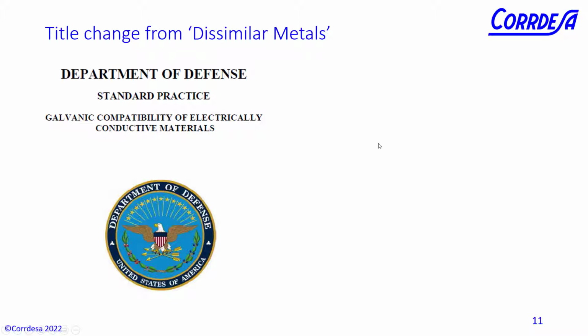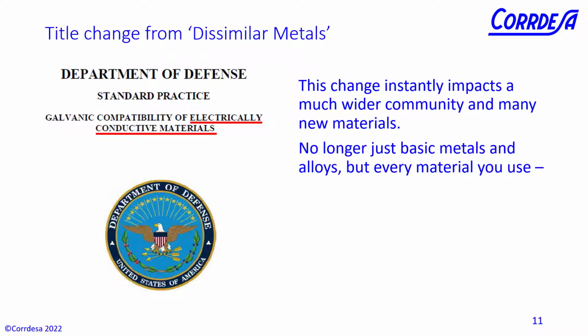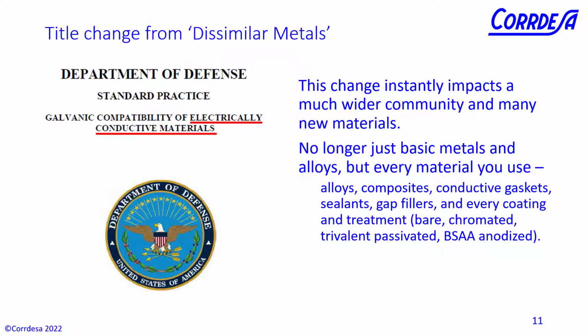Okay, so let's drill down into 889D. The first thing I notice is the title change from Dissimilar Metals. It's no longer called that. It's actually now called Galvanic Compatibility of Electrically Conductive Materials. So straight away, that has a big impact. It instantly impacts a much wider community and many more materials and new materials. We're now talking about not just the basic metals, but also the alloys and other materials that you may choose. Composites, conductive gaskets, sealants, gap fillers, and various treatments all become important and relevant as far as this standard is